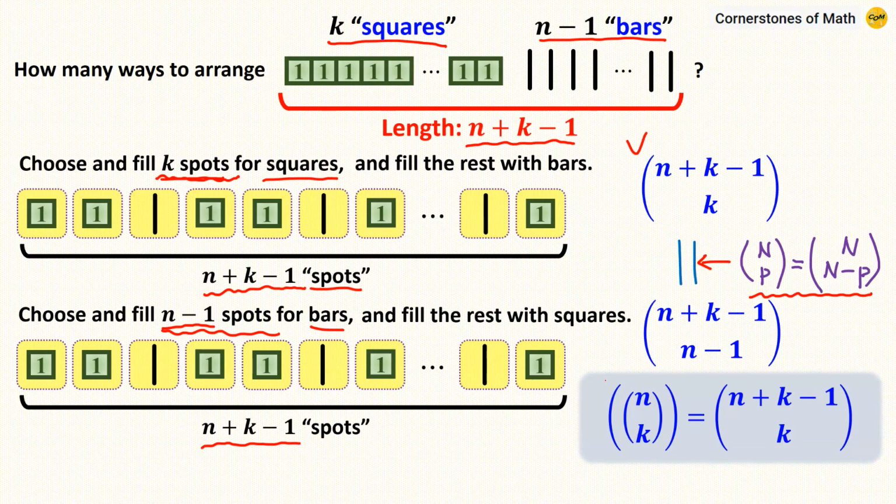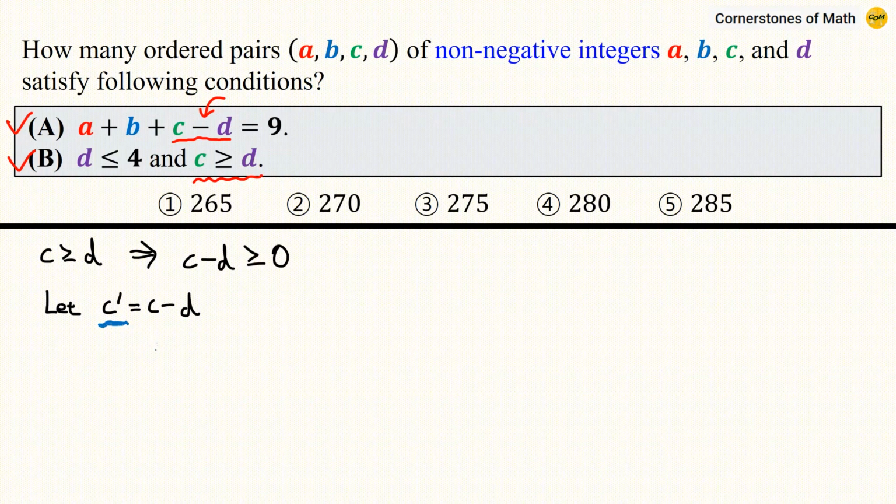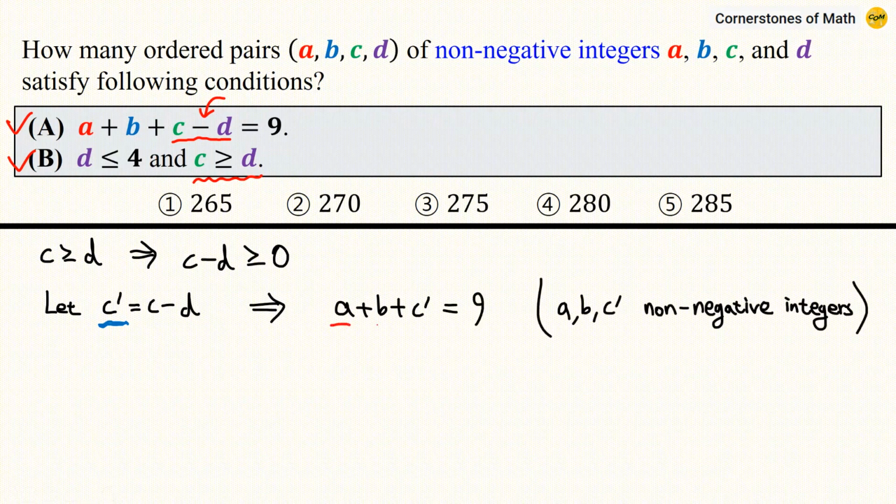So let's get back to the main problem. Alright, so we are back at the main problem, but here we have an issue that in this first condition, we have minus d, and we have an additional condition that can make our lives more miserable. But we can actually use the second condition to simplify the first condition. From this condition, it follows that c minus d is greater than or equal to 0. And in the first condition, we also have c minus d, so we can substitute this expression with something simpler, like this c prime. Then we have a plus b plus c prime equals 9, and a, b, and c